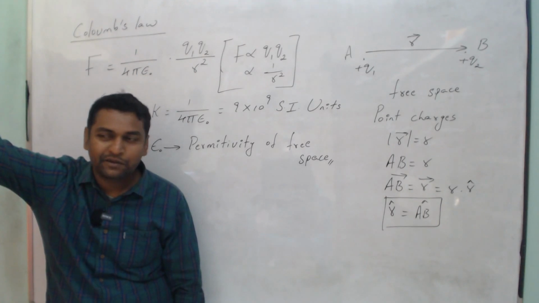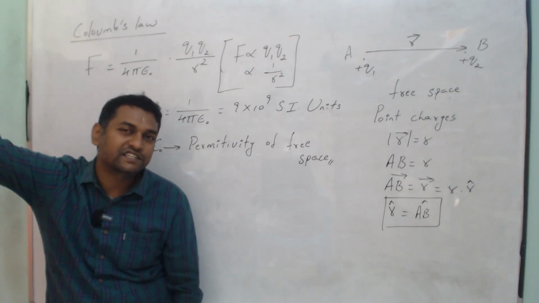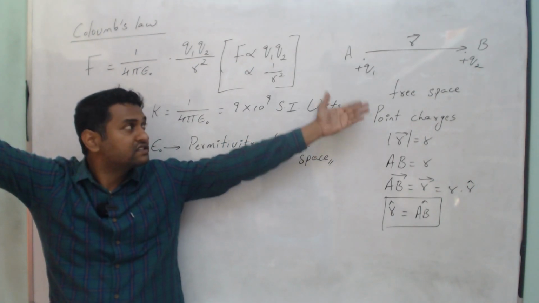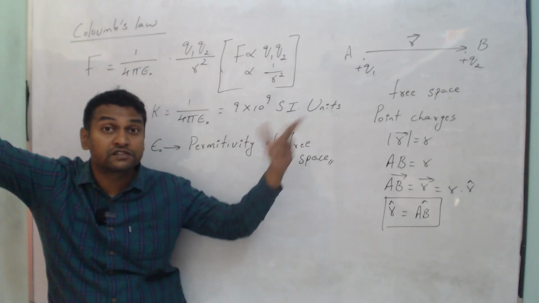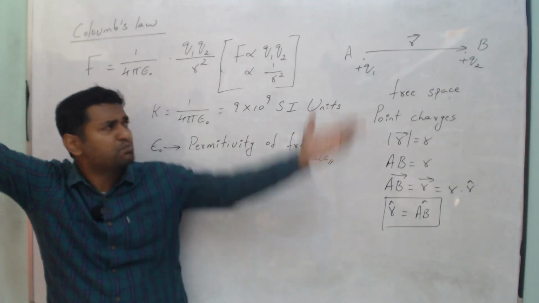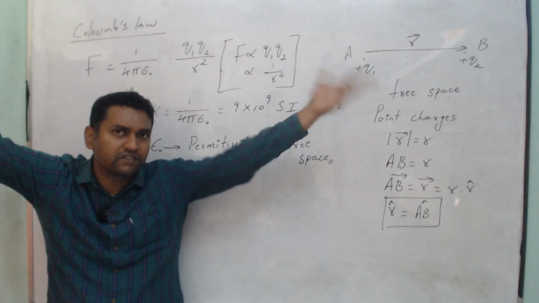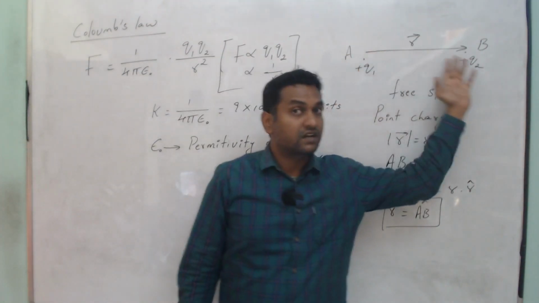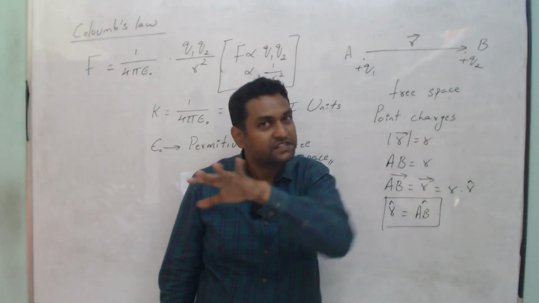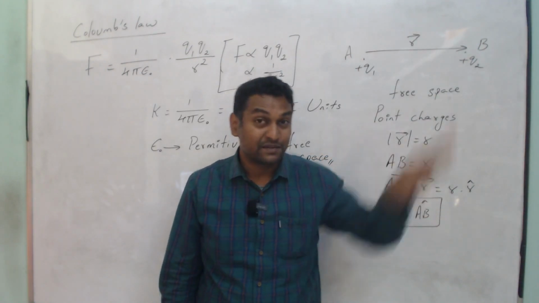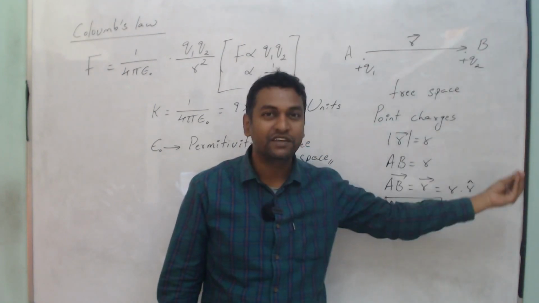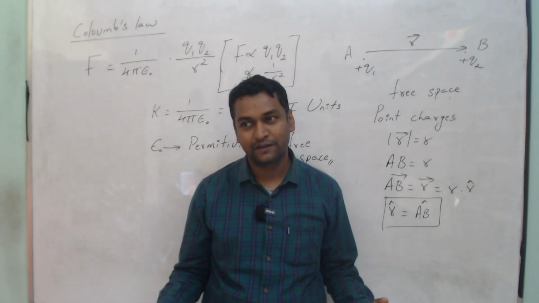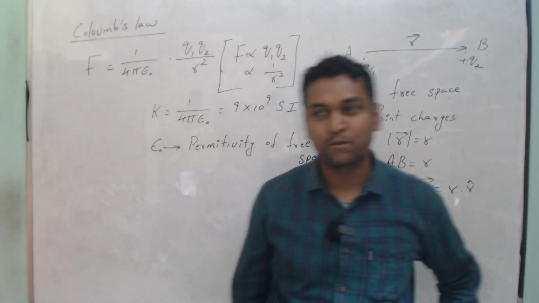But the biggest question is, how can a Stone Age person understand that there is nothing in between Q1 and Q2, but there is a force of interaction existing? He will say impossible. Q1 has to somewhere go and touch Q2, right? So this force of interaction is occurring through this medium, which doesn't have any material. It is a materialless medium which has a property of itself called permittivity, which is enabling these interactions to occur. That permittivity is responsible for getting the charges closer.